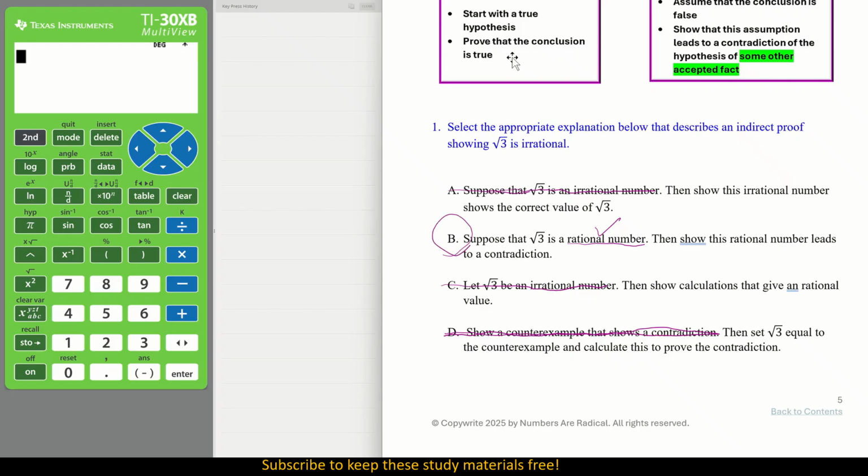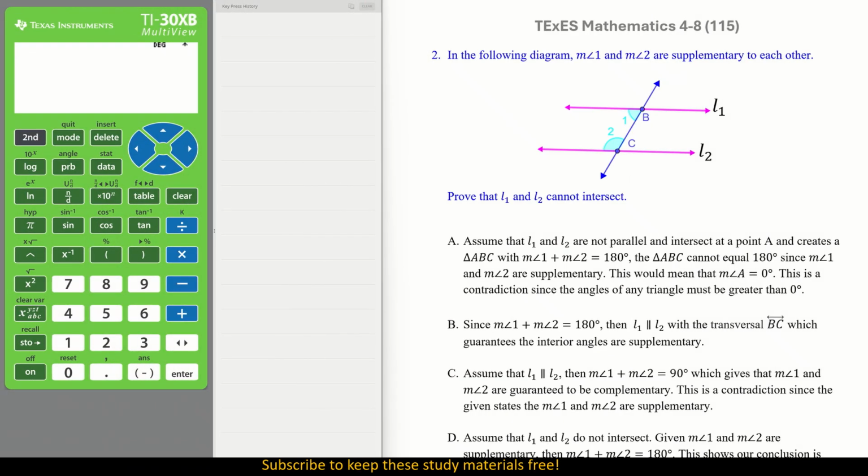Okay, let's go to number 2. In the following diagram, the measure of angle 1 and the measure of angle 2 are supplementary to each other. Prove that L1 and L2 cannot intersect. Well, that's the two lines. This is a very famous proof. You should all know this proof,